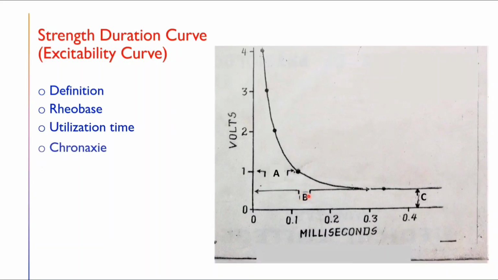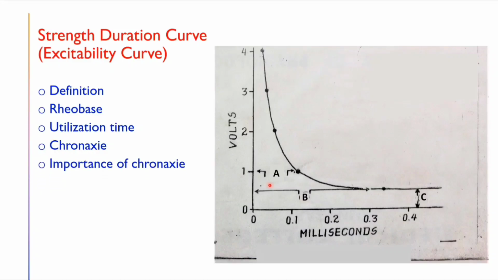Okay. The third is Chronaxie. Now scientists wanted to know what will happen if we give double the Rheobase current strength. For example, in this case, if 0.5 millivolt is the Rheobase, what will happen when we give 1 millivolt? When we give 1 millivolt current to the excitable tissue, naturally the tissue will respond faster because double the strength of current is given. So here the tissue is responding in 0.1 millisecond. So it is responding very much faster. This A section is the Chronaxie. So what is Chronaxie? It is the time taken for the tissue to respond when double Rheobase current is applied. So that is Chronaxie.